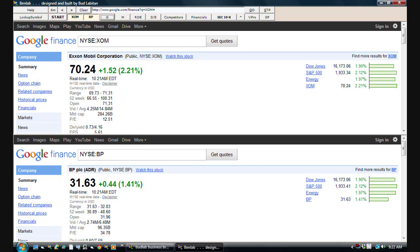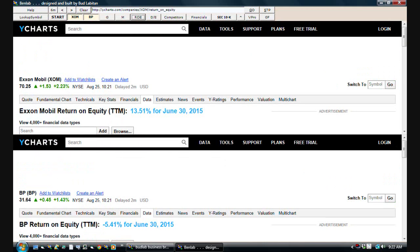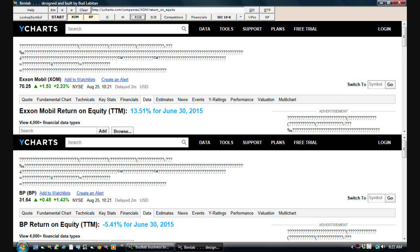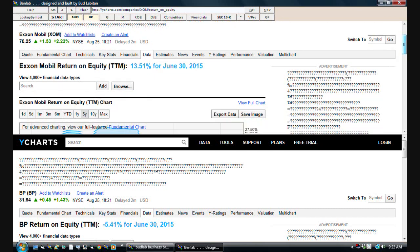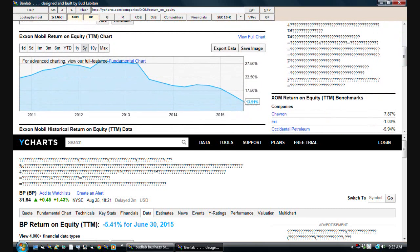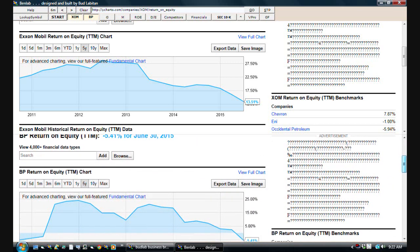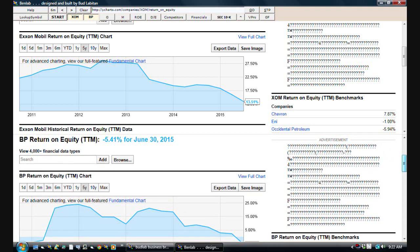However, let's take a look at their efficiency and margins. We see here that for the month of June, Exxon returned a return on equity of about 13.5, and that has dipped down from highs around 27 back in 2013. And BP actually has a negative return on equity at this point. They're paying out money for the fines, so the market has hammered them down a little bit more. Their return on equity for June 2015 was a minus 5.41,